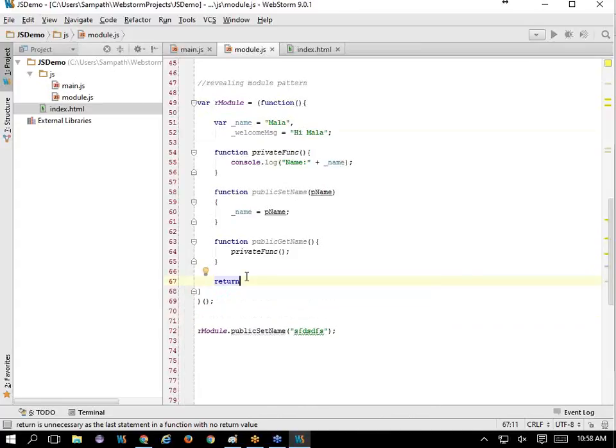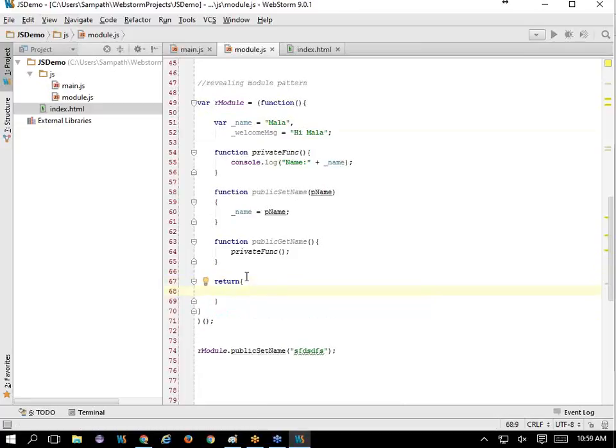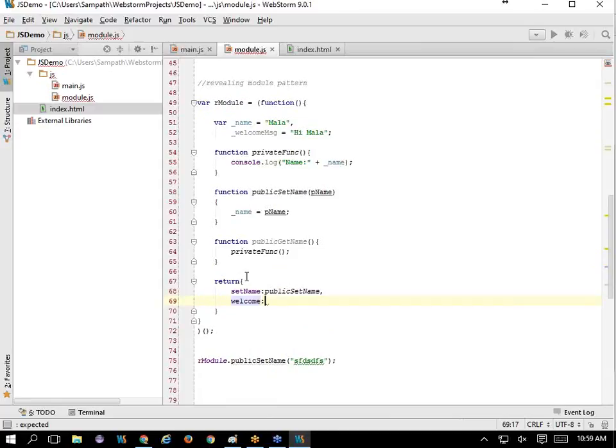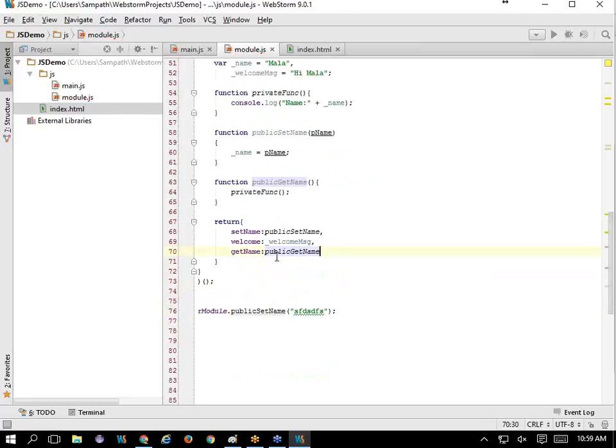So what your module pattern says is that whatever you need to return, you return them. You return them as objects, you return them as functions or variables in your object literal notation. So now, what your revealing module pattern says is that the things that you need to return should be a reference to the variables that you are passing, or a reference to the things that you want to create. For example, let's say